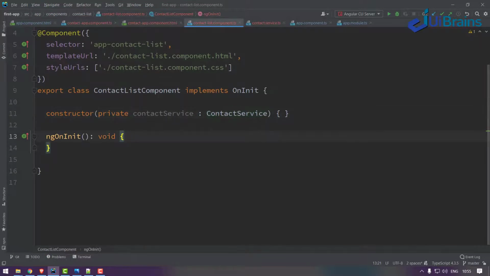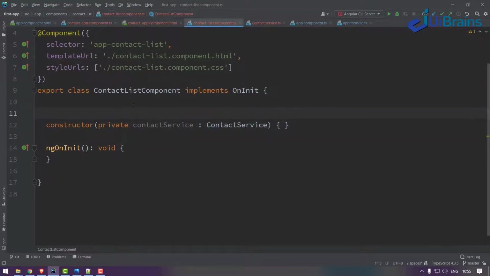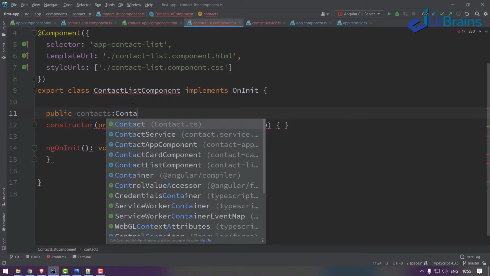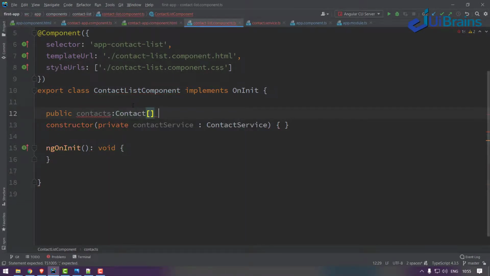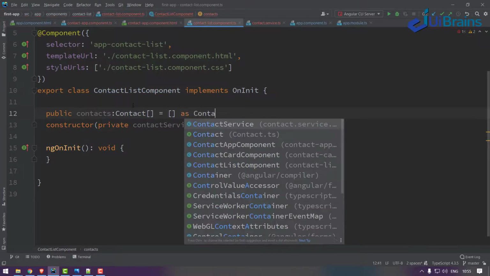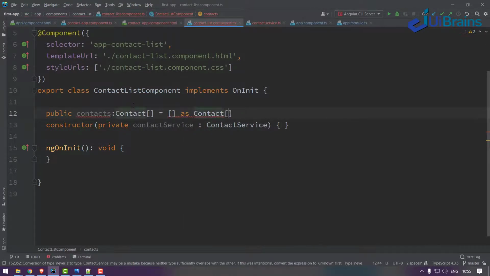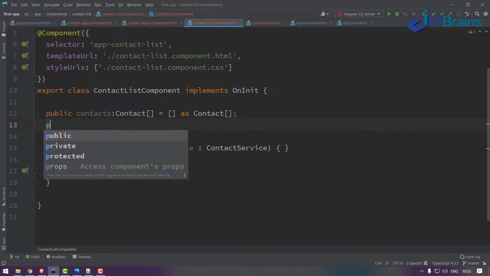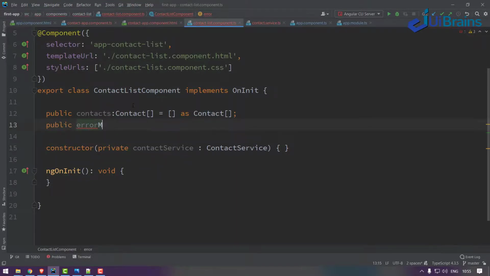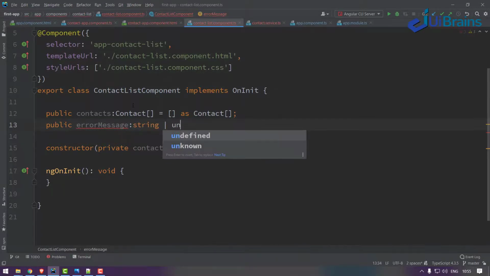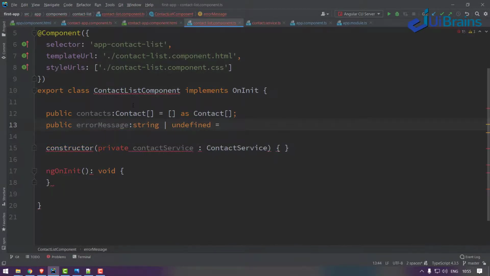Okay, I injected the contact service. Let's have a few variables to hold the data from the server. Let's say public contacts of type contact array is equal to an empty array as contact array. And let's also have errorMessage of type string or undefined, just keep it undefined.